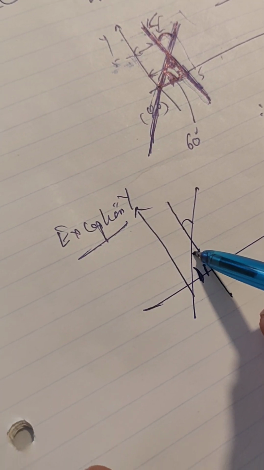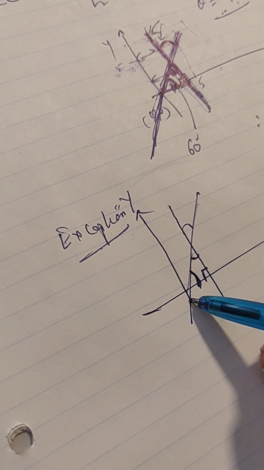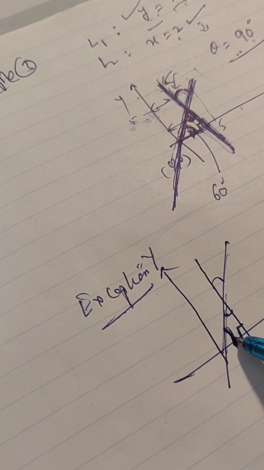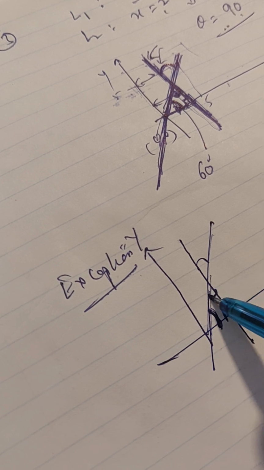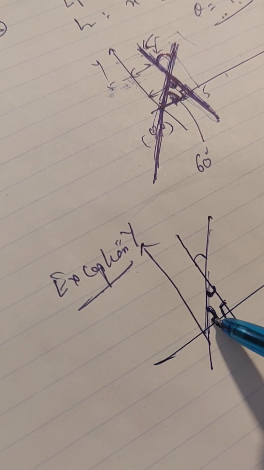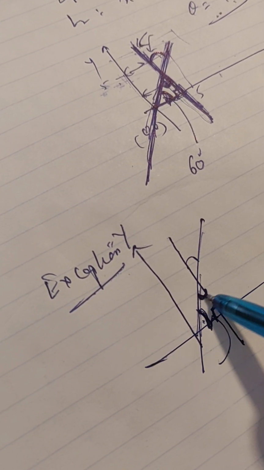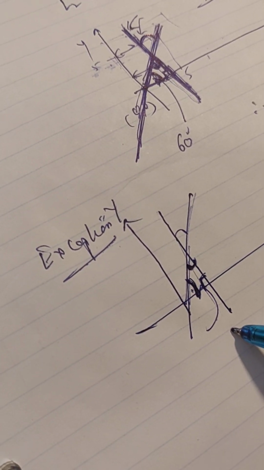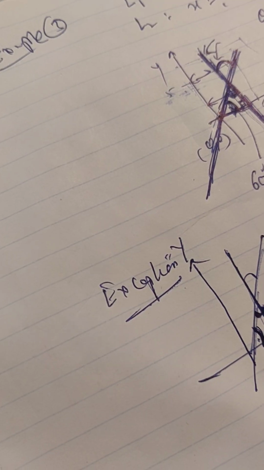From the slope of this line, I can very well find out the angle of inclination. Once I have found this angle, I can subtract it from 90 degree, because this is already 90 degree. So 90 minus this angle is nothing but the angle between these two intersecting lines,